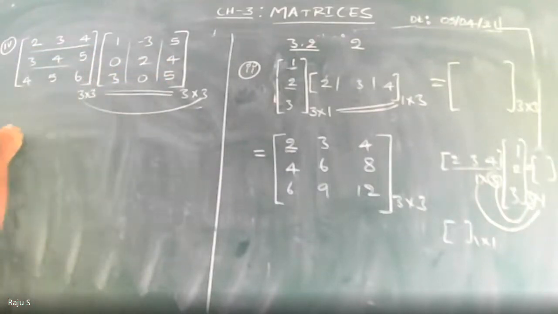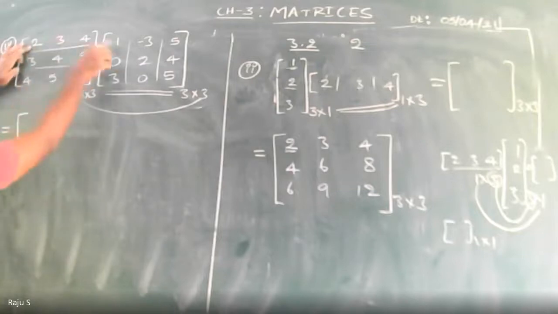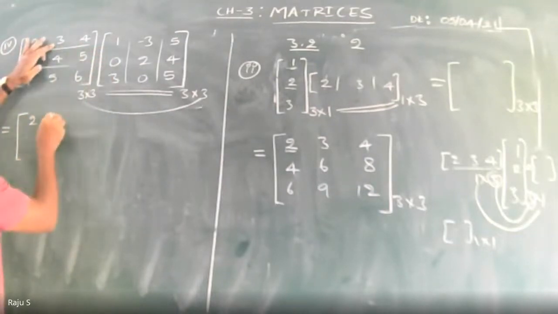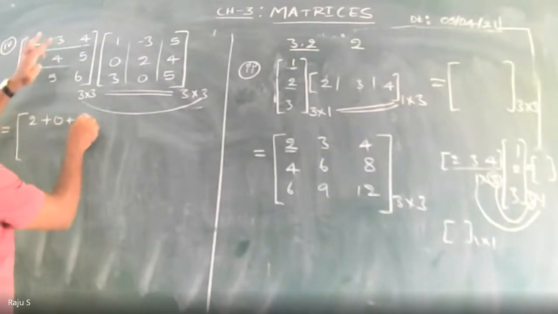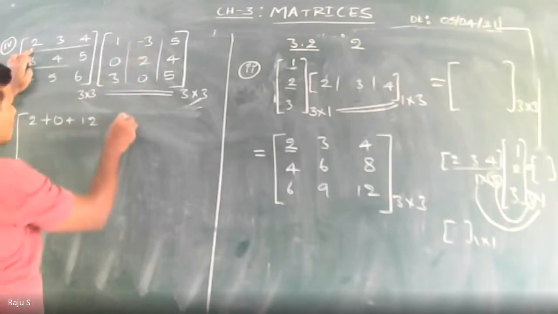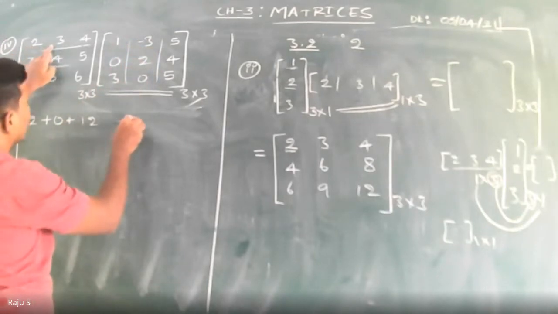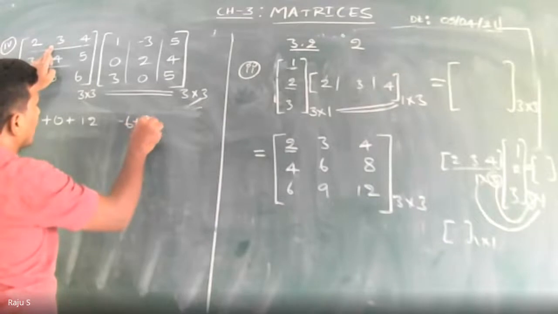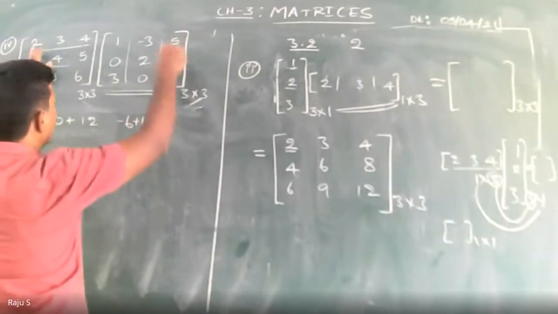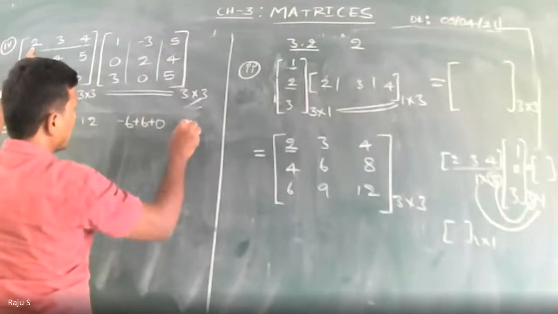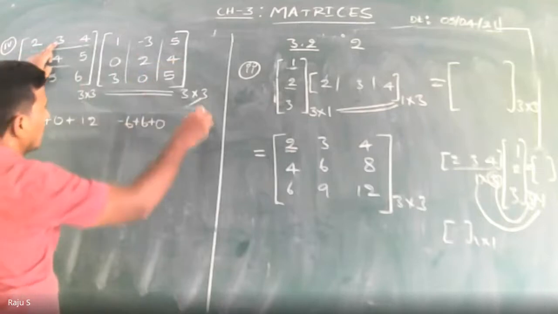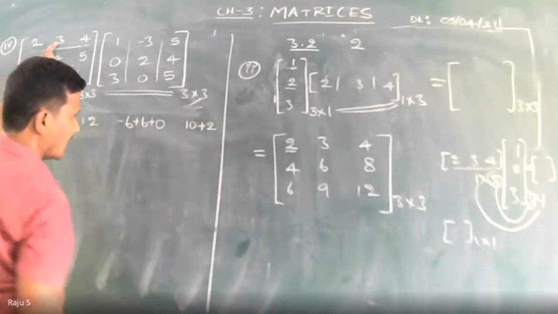Then simply it is 2 into 1, 2, plus 3 into 0, 0, plus 4 into 3, 12. Okay, fine. Next, first row, second column: minus 6 plus 6 plus 0. Next, the third element, first row, third column: 2 5s are 10, plus 3 into 4, 12, plus